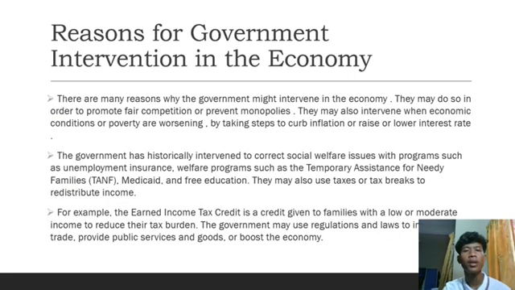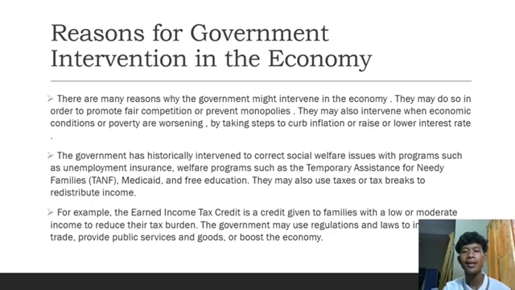Reasons for government intervention in the economy. There are many reasons why the government might intervene in the economy. They may do so in order to promote fair competition or prevent monopolies. They may also intervene when economic conditions or poverty are worsening by taking steps to curb inflation or raise or lower interest rates. The government has historically intervened to correct social welfare issues with programs such as unemployment insurance, welfare